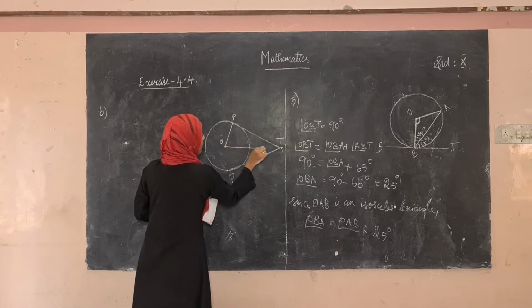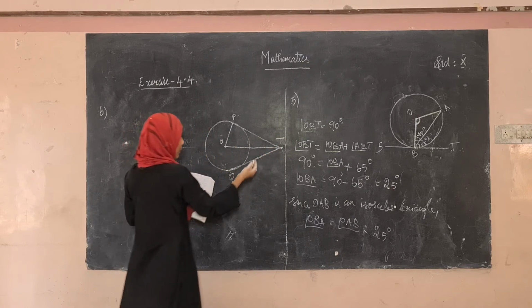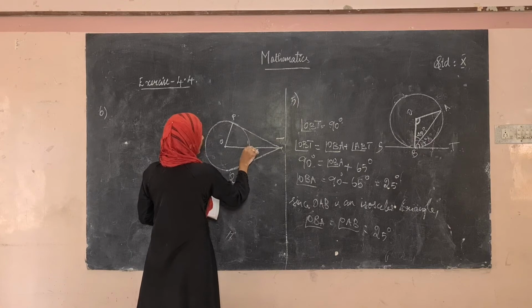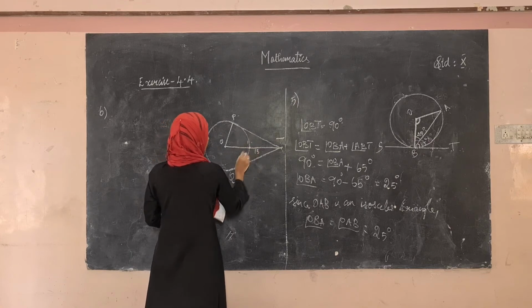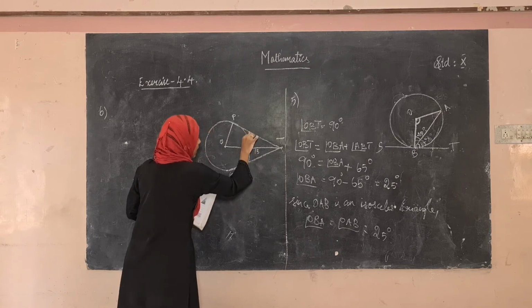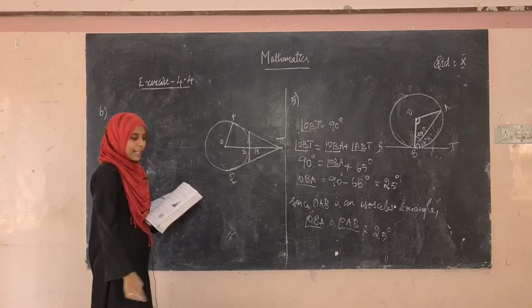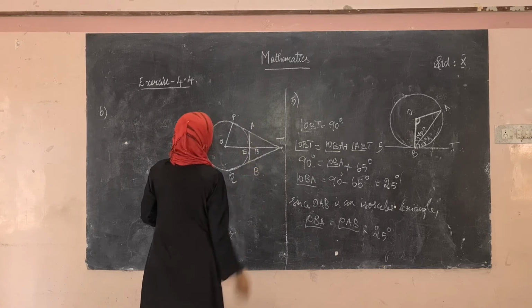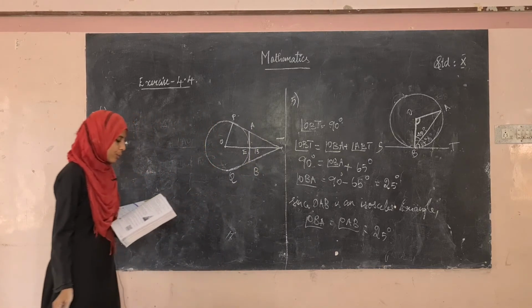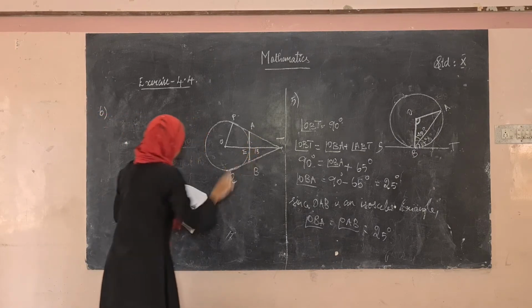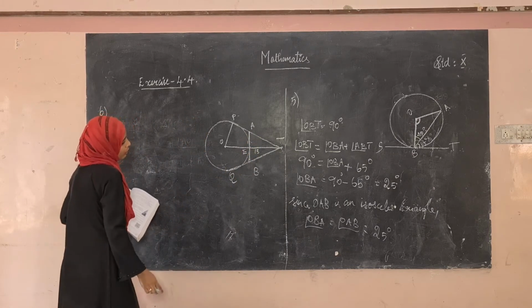So the distance from the center to the point T is 13 cm. Okay, so where the circle and this line meets is E. Okay, so there is a tangent here. At the point E, there is a tangent, that is AB. Okay, so in your question they have asked us to find the length of AB. That is, we have to find the length of this.